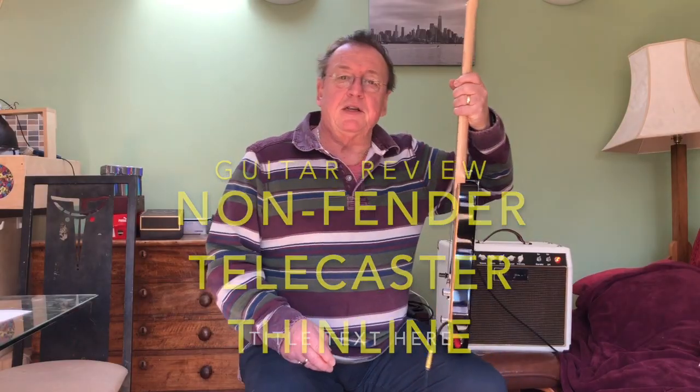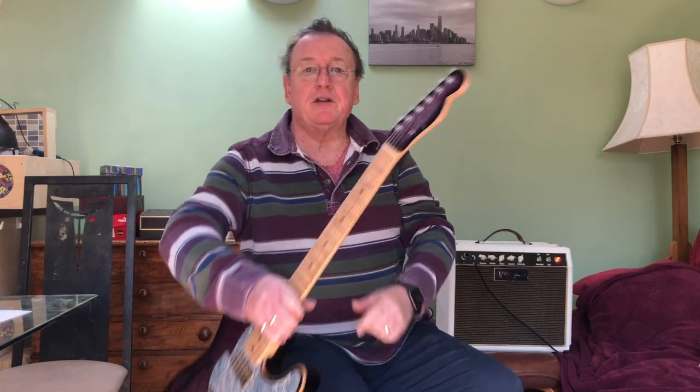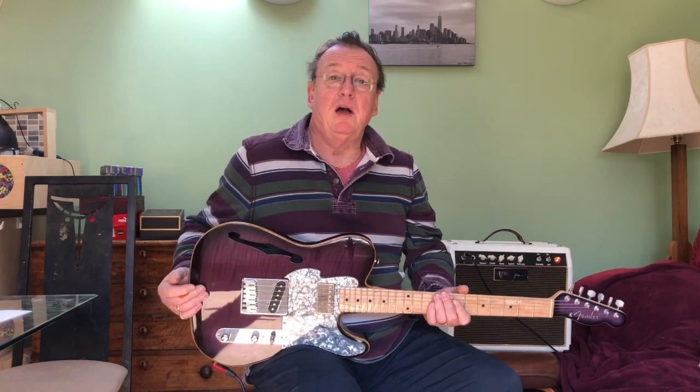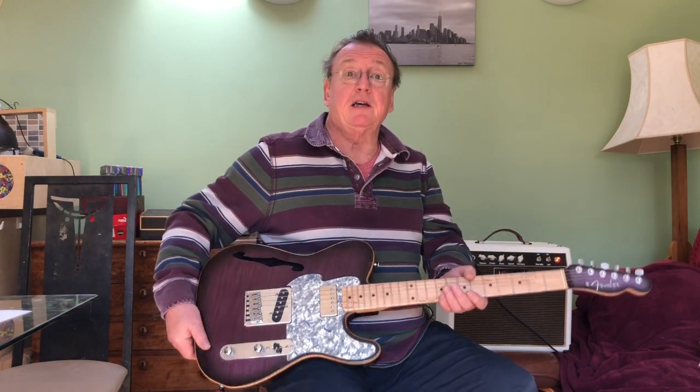So today's guitar is a bit of a mystery. Looked at from afar, you see Fender written on the headstock, and you see a Telecaster shape, and so naturally you assume this is a Fender Telecaster, but no, this is unlike any Telecaster that came out of a Fender